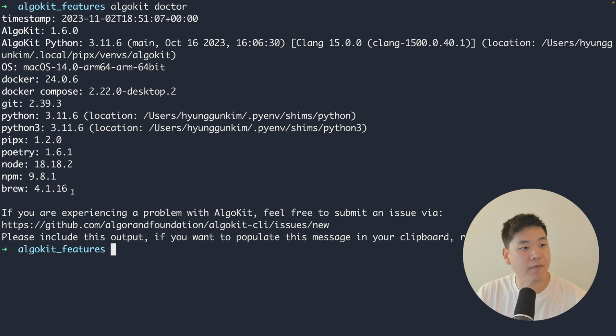Now, I have everything installed properly and all the dependencies have proper versions, so I don't see any errors here. But if I don't have Docker installed, it will tell you to install Docker. If your version is too old or deprecated, it will tell you to update it. So AlgoKit Doctor is a simple tool that you can use to quickly check if everything is fine with your